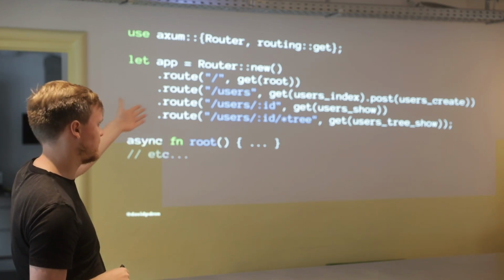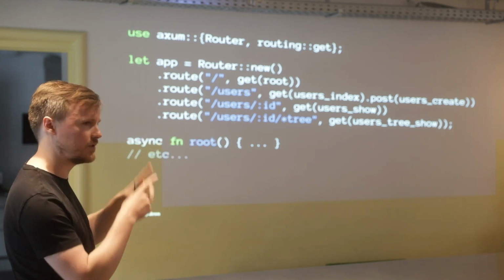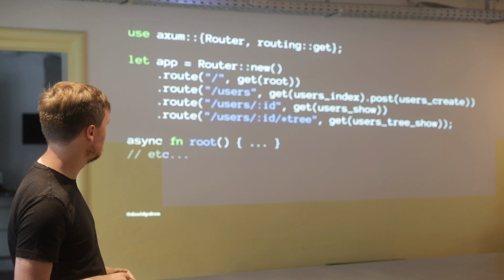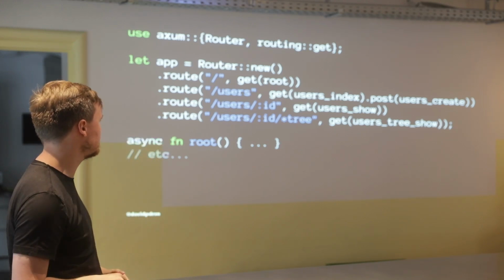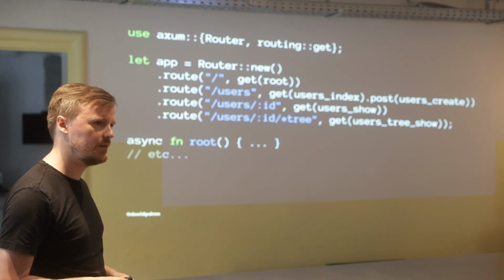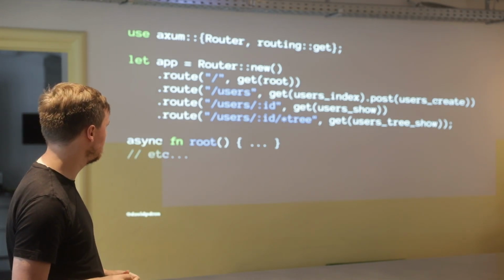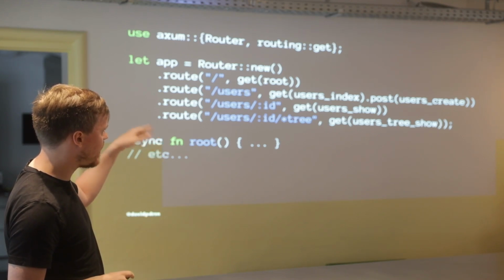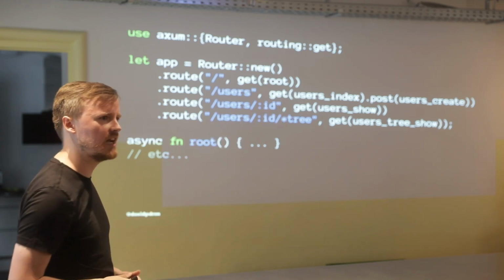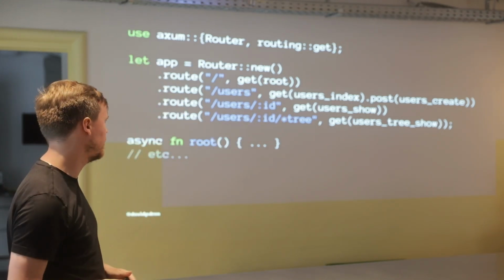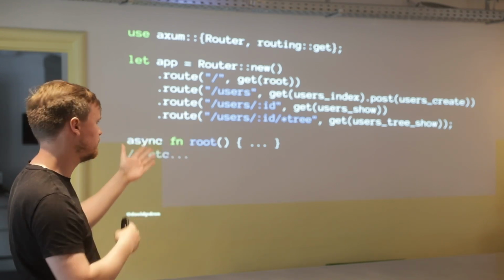You can obviously also say /users. In this case, we accept both get and post. Those go to different handlers. You can write a colon in front of one of your URL segments, and then it becomes a path parameter. Later, we'll see how you get those out again and get the actual values. And lastly, you can do a wildcard with a star. The star will match any number of URL segments, with all the slashes. So if you were building something like GitHub, where you wanted a file path in the URL, you could do something like that.